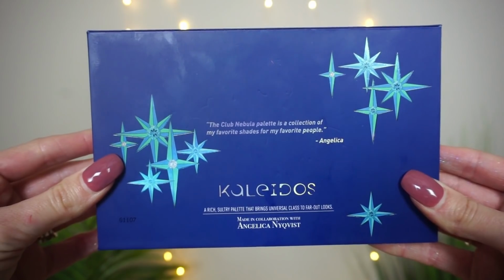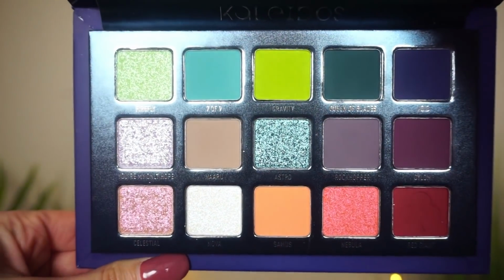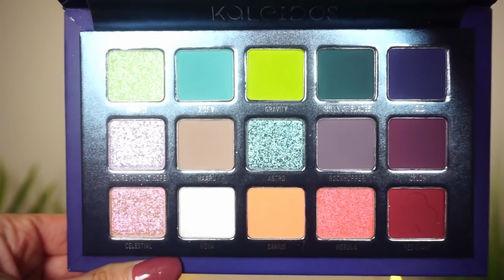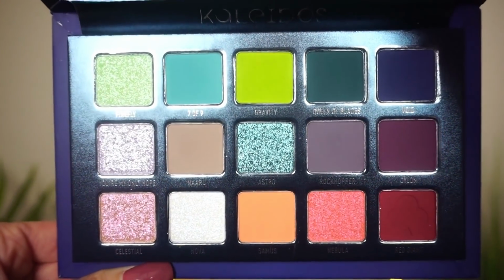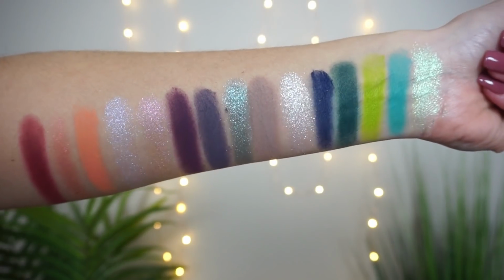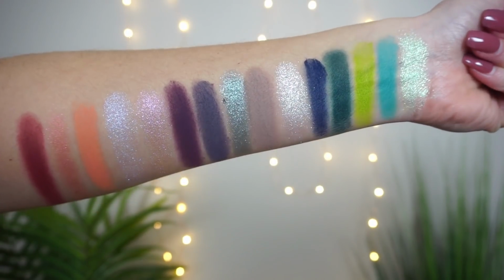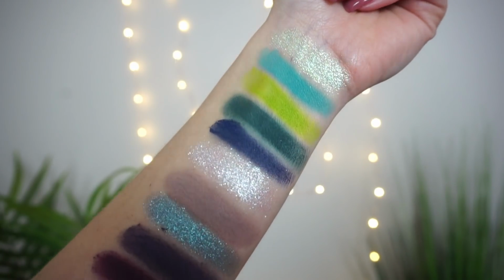In the middle row, we have You're My Only Hope, a luminous lavender sparkling duochrome adorned with white crystal shimmers and a pale blue shift. Naru is a taupe matte with a hint of plum. Astro, a brilliant royal blue multichrome with a glimmer of warm violet and teal. Rockhopper is a suave deep gray indigo matte. Cylon is a debonair dark plum matte, and the bottom row is Celestial, a radiant hot pink multichrome with decadent